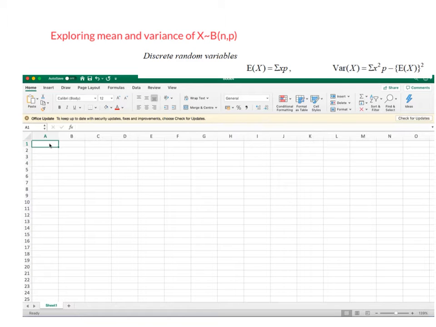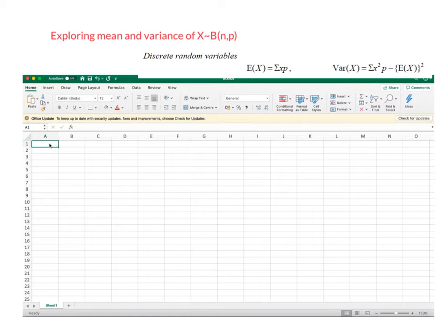In this video, we are going to explore the mean and variance of a statistical variable x, which is binomially distributed with n and p. Let us remember that n is a number of trials and p is a probability of success in a binomial experiment. You might want to pause and go back to see what are the conditions for an experiment to be